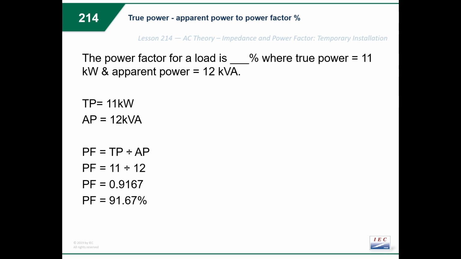True power will always be slightly less than apparent power. The closer they are, the better, but true power is never going to be more than apparent power. The best we can do is have true power equal apparent power. But essentially, in this case, we're losing about 98.4%. We're only using 98.4% of our power, and